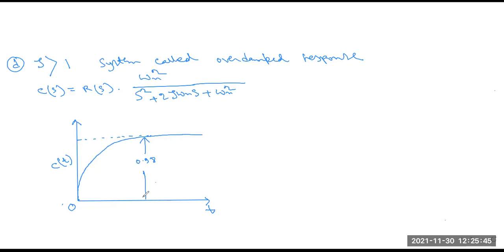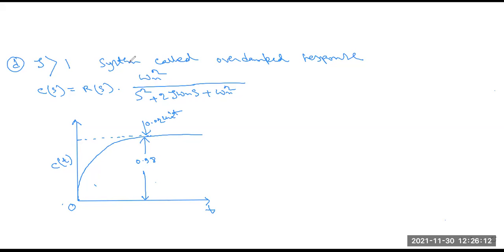0.98, that is 98% of the transient response, and this is 0.02, that means the 2% band. After this point, the result is the steady state result. So this is the transient response analysis of second order control systems, and this is the steady state response of second order control systems.